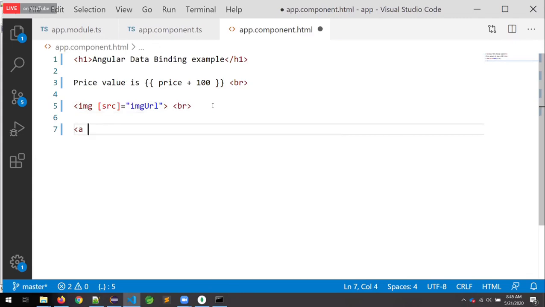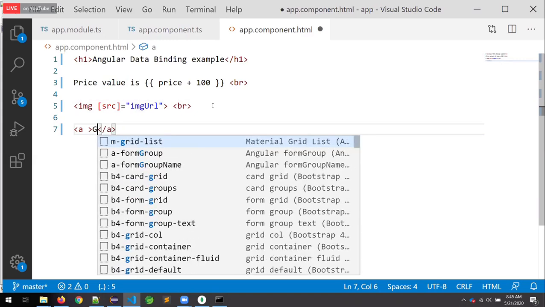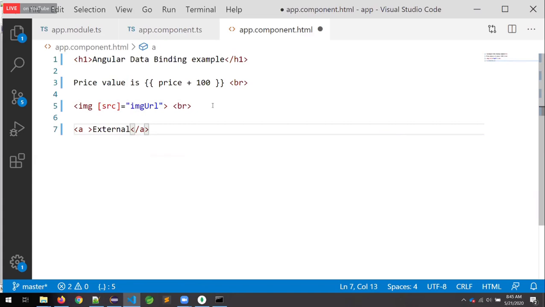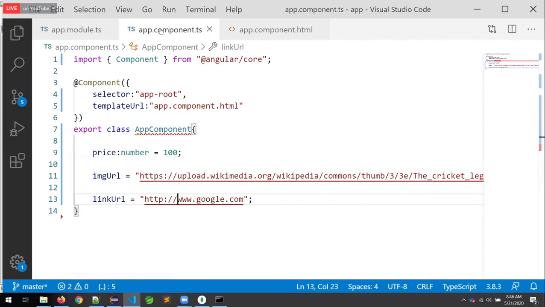Now tell me how to create an Angular managed link. I want everyone to type in the answer. Very good, Satish.